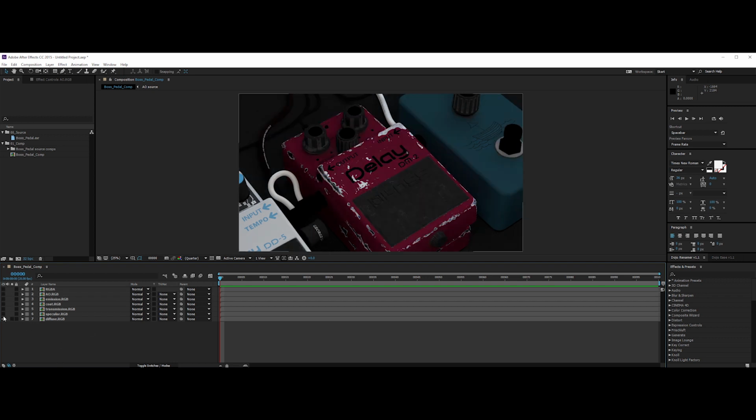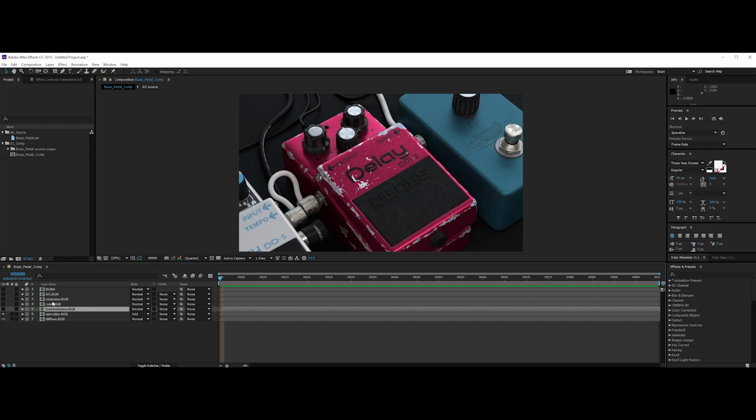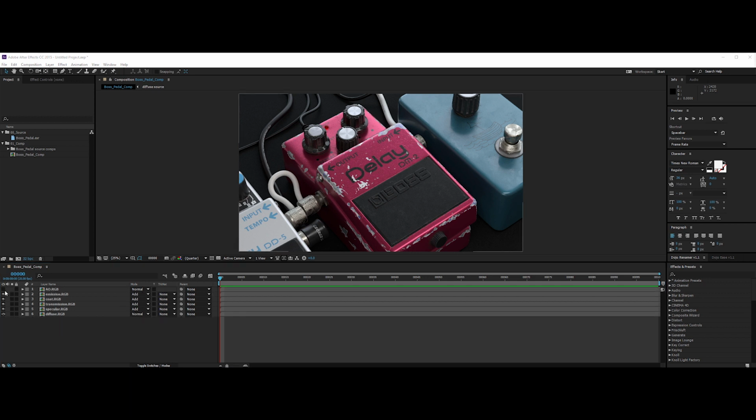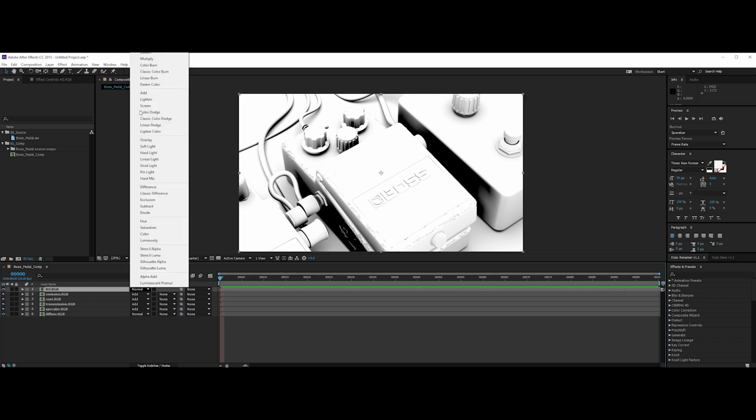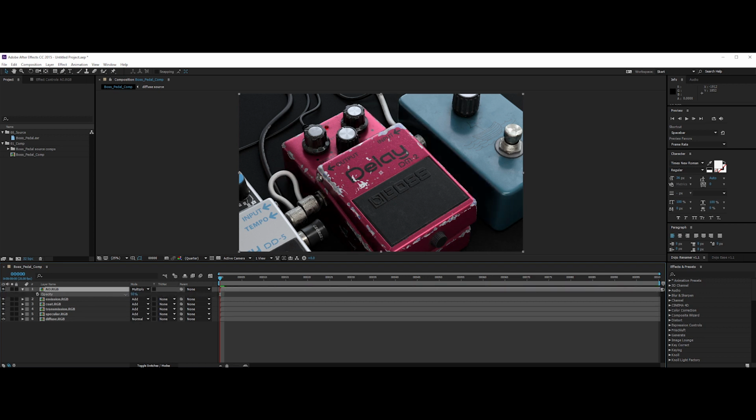As the formula for beauty reconstruction we've seen before suggests, we need a plus operation. The equivalent in After Effects is the Add mode. We can now do the same thing for the rest of the passes. Boom! As you can see now, we have the same result as the beauty. After we completed the beauty reconstruction, we can now delete the RGBA pass. Now for the ambient occlusion pass, we need to apply a multiply operation. We can lower the intensity of the AO by lowering the opacity property on the layer. Let's put something like 30%.